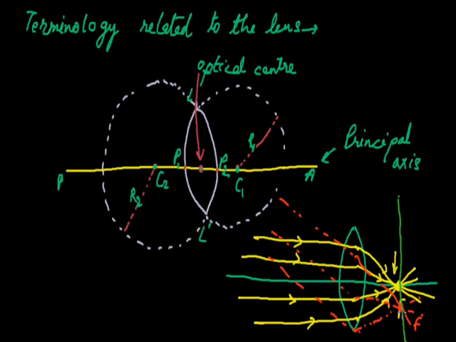So the focus which lies on the principal axis is said to be the principal focus, and the other foci which are observed on the perpendicular plane, the focal plane, are simply foci of the lens. So there is a difference between the principal focus and any focus. Principal focus is observed only when paraxial rays fall on the lens and they meet after the refraction process on the principal axis. Then we observe the focus.